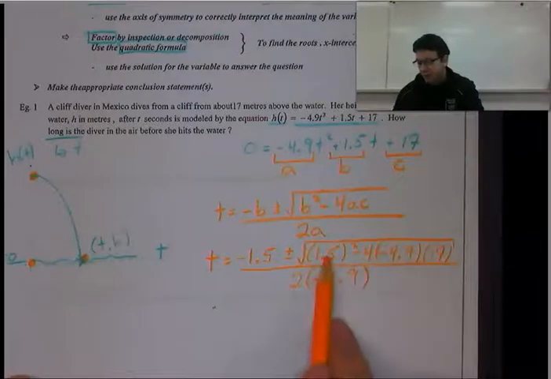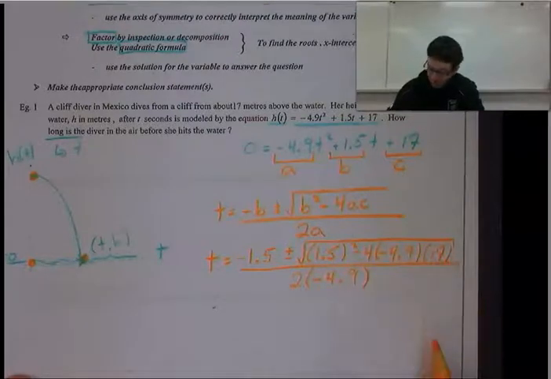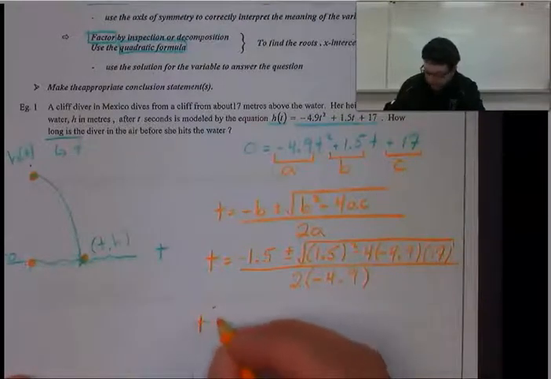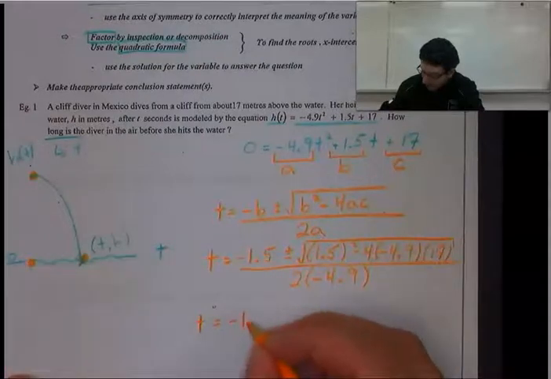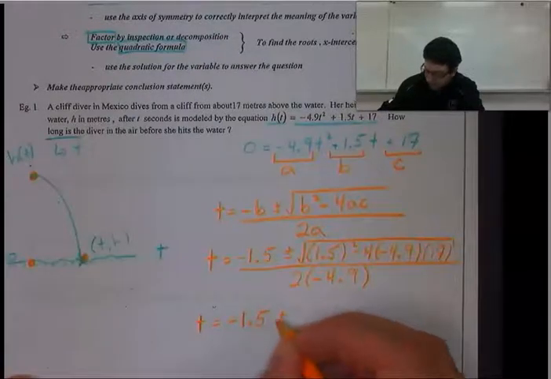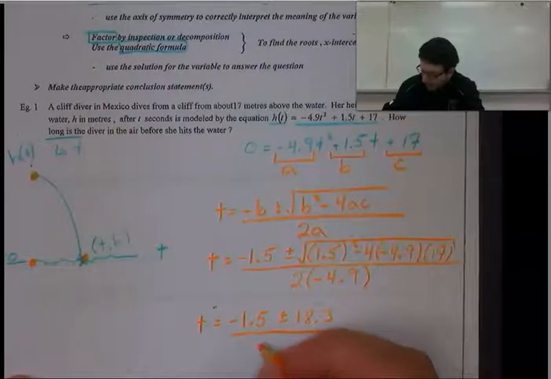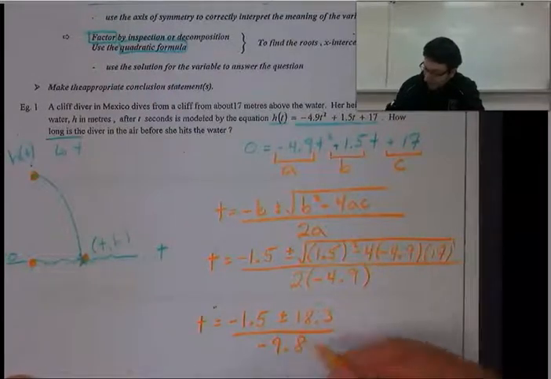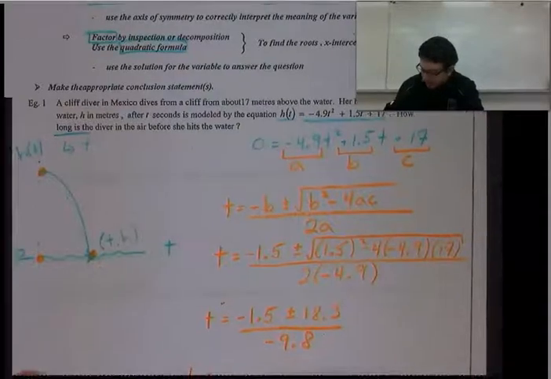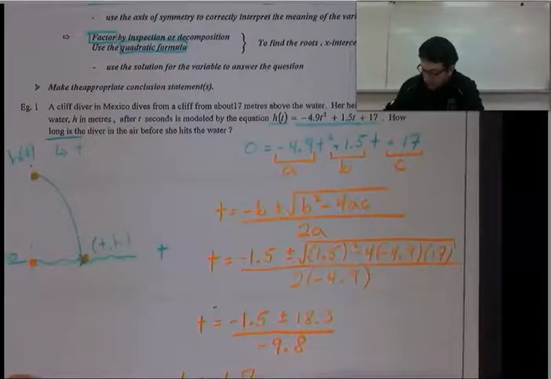Then you can work out what's in the square root, and you can use your calculators for that, and you'll get minus 1.5 plus or minus 18.3, all divided by minus 9.8, and you'll get two values for time, minus 1.7 seconds and